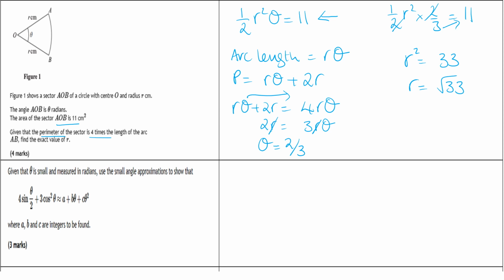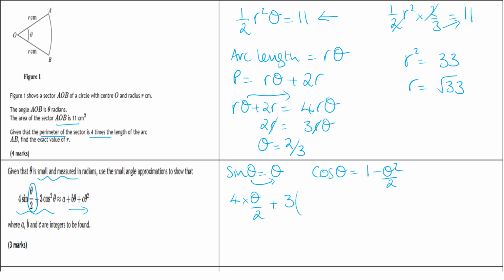Next question is about theta when it is small and measured in radians. So when theta is small, sine theta is equal to theta and cos theta is equal to 1 minus theta squared over 2. So we've got this expression here, we've got to try and find what it's approximately equal to. So 4 sine theta over 2, because we've got this theta over 2, the sine of it becomes itself, so that's just going to be 4 times theta over 2 plus